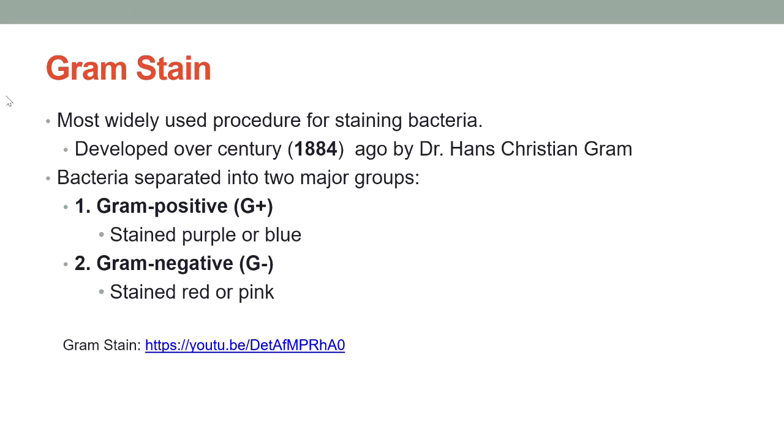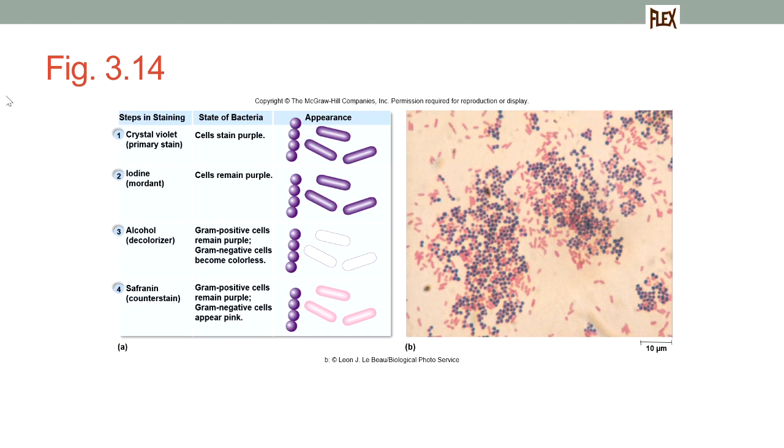Okay. So again, we went through this. And this again is the Gram stain I just talked you through. Everybody stains purple. We add the mordant. Everybody stains purple again. Then we add the differential step. If you're gram-positive, the crystal violet iodine gets trapped. If you're gram-negative, the alcohol trashes their outer membrane and the stuff escapes. At the end of step 3, the gram-negatives are colorless. When you add the counterstain, key point, it stains both gram-positive and gram-negative. Just the gram-negatives show up pink because they were colorless.